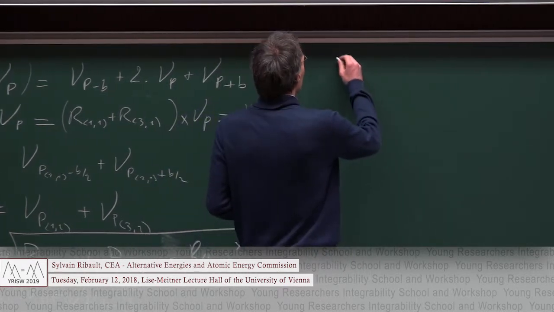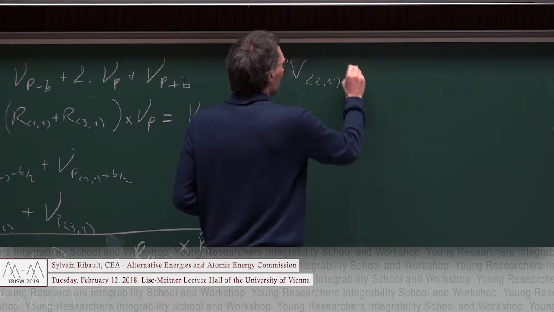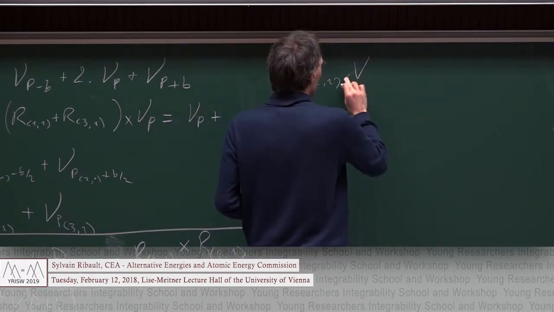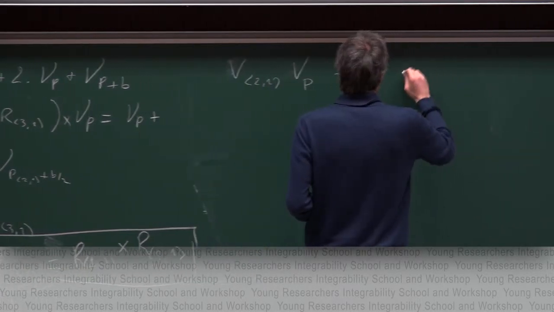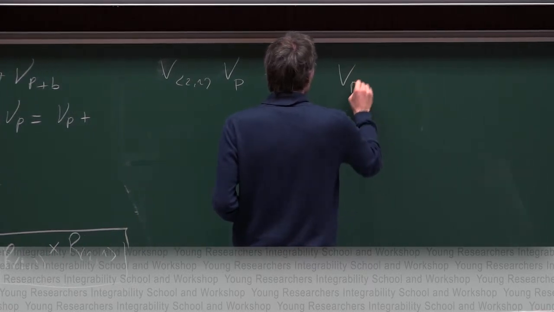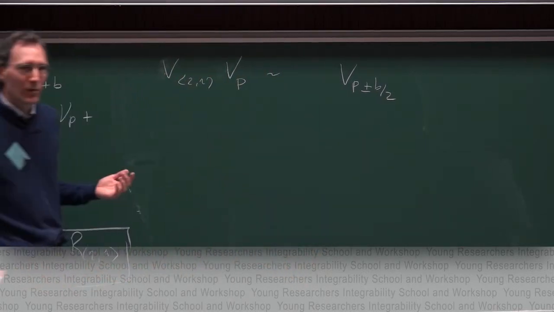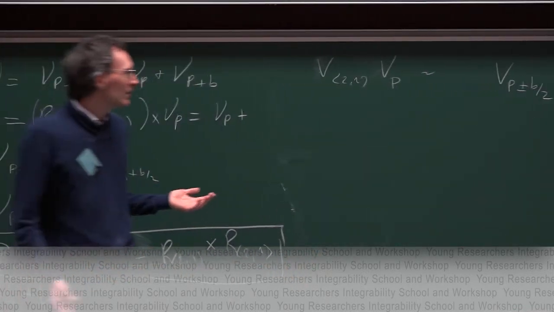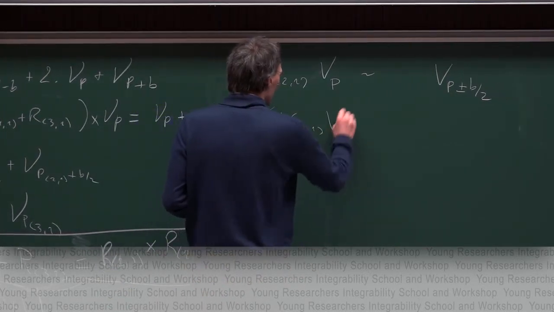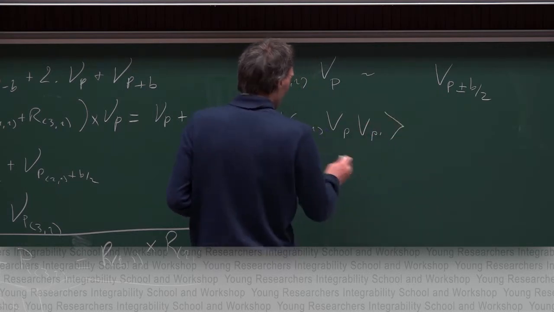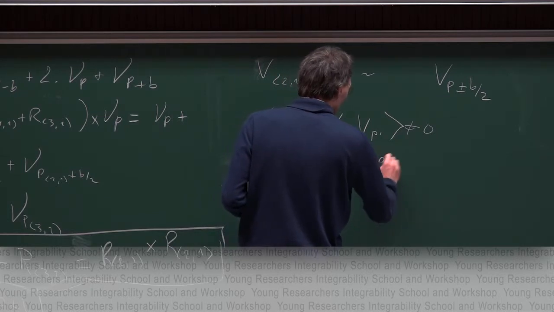We know that if we compute an operator product expansion involving a degenerate field, V21, with some non-degenerate field, what can appear are just two possible primary fields with momenta P plus or minus B over 2. We know it, for example, from the BPZ equation, or from directly studying this three-point function, for example, V_P, V_P prime. That would be non-zero only if P prime equals P plus or minus B over 2.